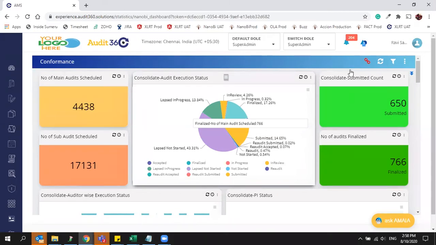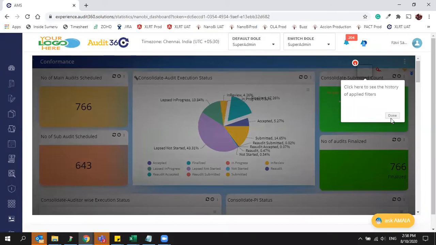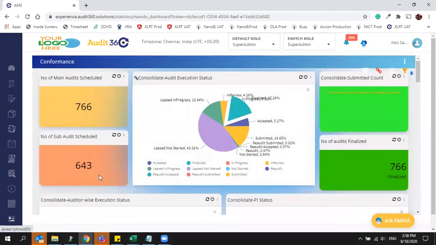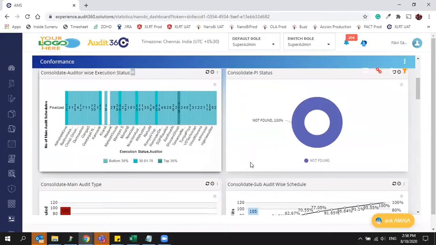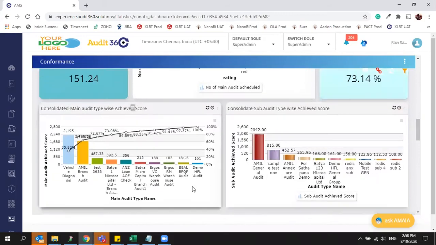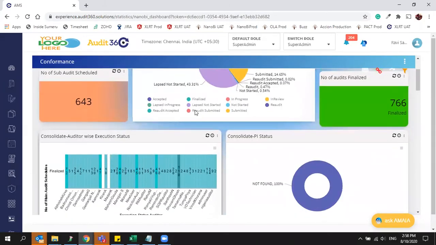Then you can do drill down. Drill down is nothing but you can choose the linked analytics. Then my entire dashboard will get changed based on my selection of the data which I wanted to see. Now my total finalized data is 766. You can see only that 766 related data across all the dashboard. Okay, so then if you want to see within this particular selection only a particular auditor